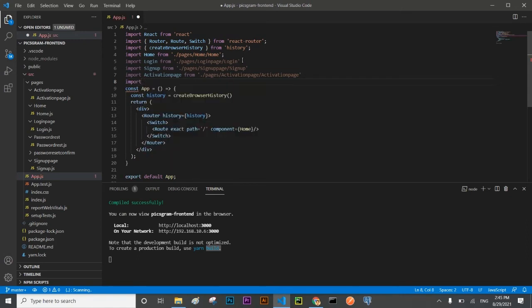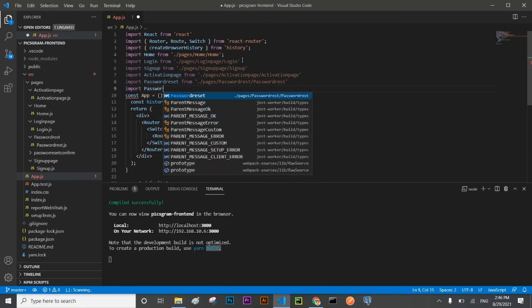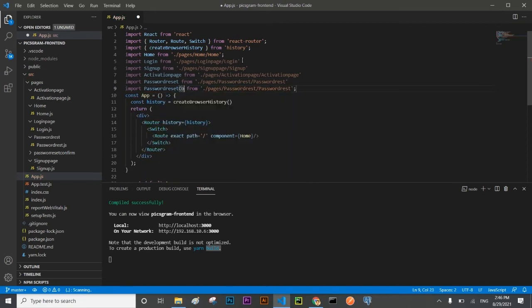And similarly, I'm going to import the password reset from pages slash password reset slash password reset.js, and then password reset confirm. I'm going to take it from dot pages slash password reset confirm slash password reset confirm, and I'm going